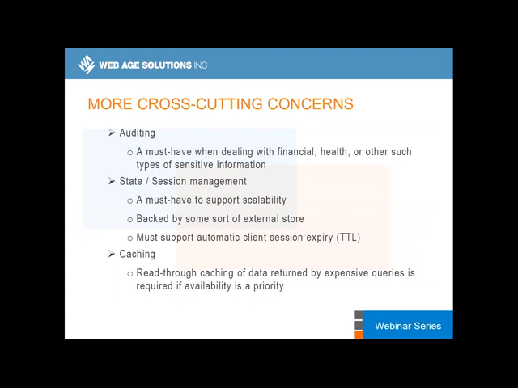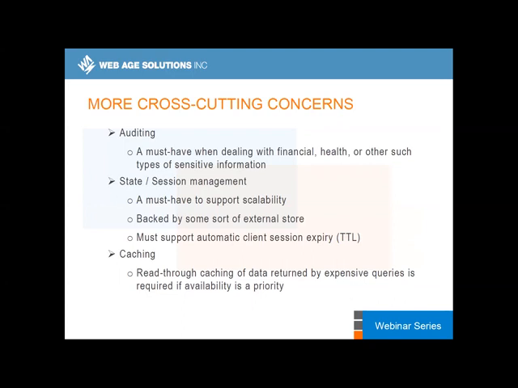Your state sits on that external store, and you can pick it up from there on another machine. Of course, that session needs to be identified by the client, and usually it's done in some sort of a cookie or URL token or something like that, so that you can use that value sent by the client as the key to pick up the value from the cache.